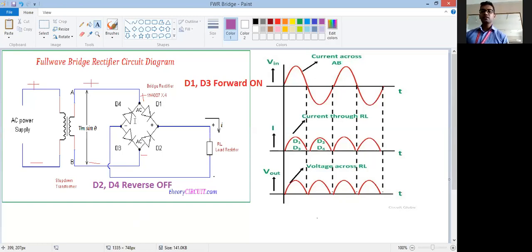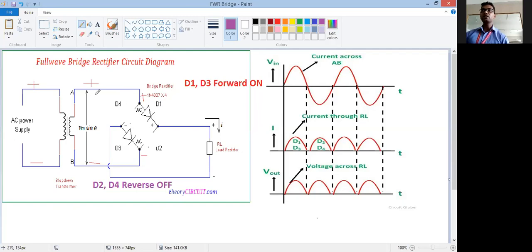Now this circuit is a little bit complex. So what we'll do, we will remove these because they are off. They are off, so we are removing them. So now the circuit becomes simple. Correct? D1 is on. D3 is on. So they are in the circuit. D2 and D4 are off, so we have removed them. Means fictitiously they are not present. Virtually they are not present. Physically present, but they are off. So virtually they are not present.